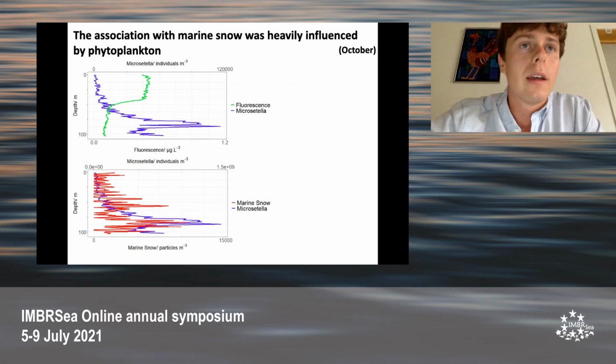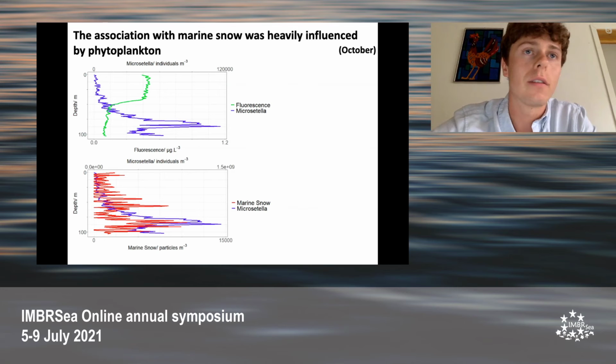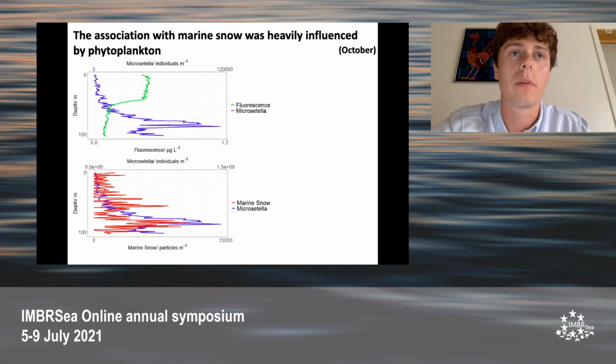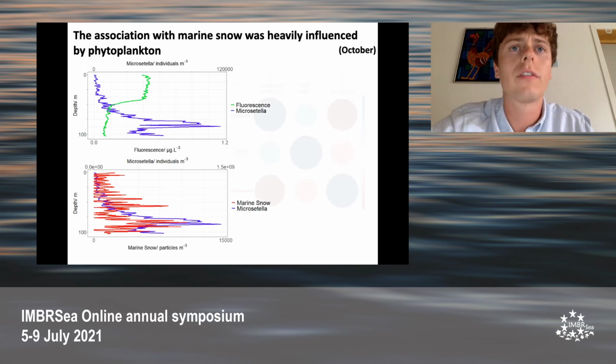So here we start to see something quite different. If we look at the top graph again, Microsetella's distribution is totally not coinciding with the distribution of the phytoplankton or fluorescence in the water. But if we look at the bottom graph, there does seem to be a trend. As the abundance of marine snow increases, as does Microsetella's abundance. And so if we just quantify this,